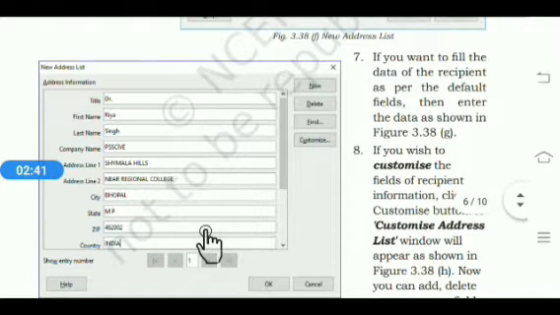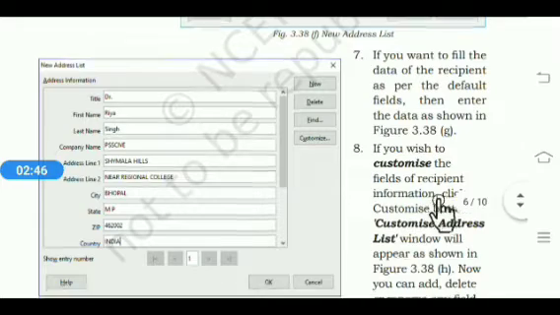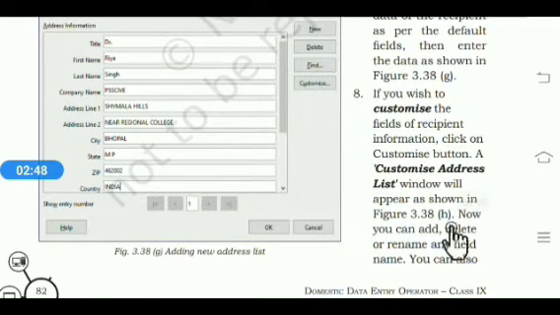And if you wish to customize the fields of the recipient information, customize means you can add, delete or rename any field according to your requirement.